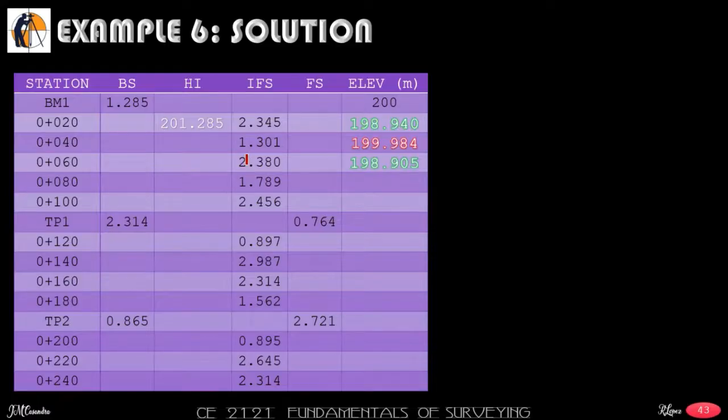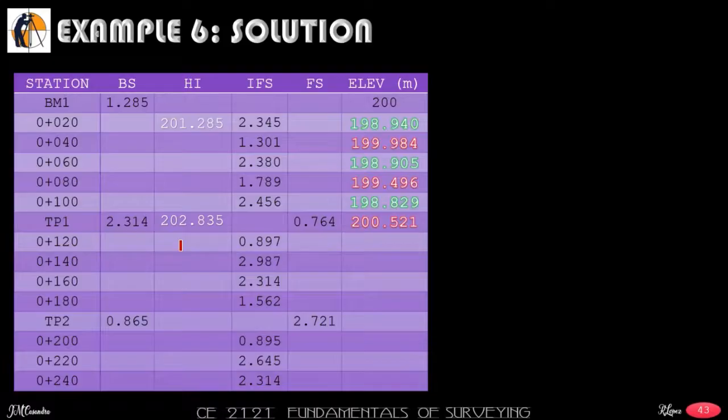We have 198.905, 199.496, and 198.829. For TP1, the elevation will be HI minus FS, so 200.521. So we have a backside, so elevation plus backside will be your HI, which is